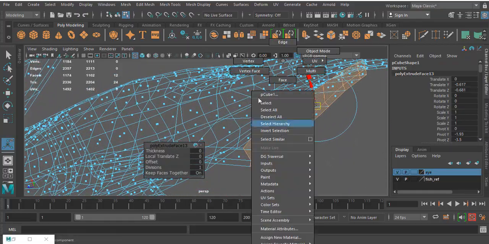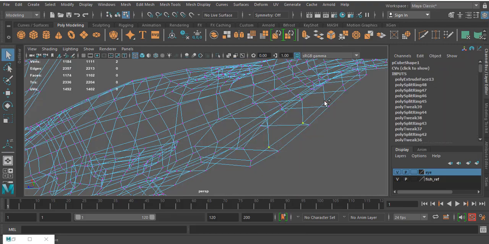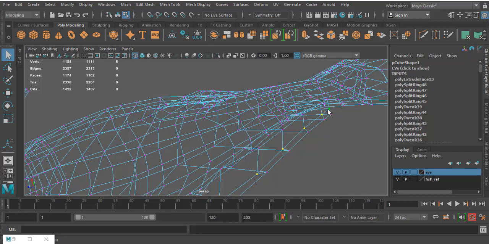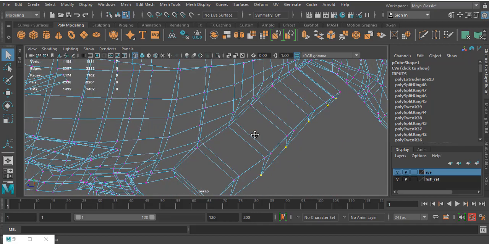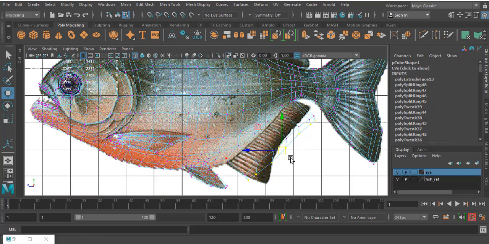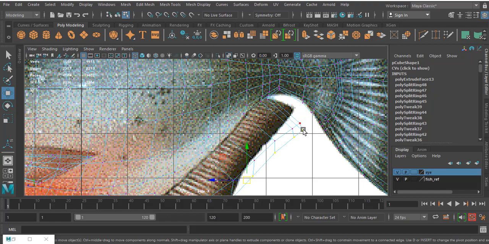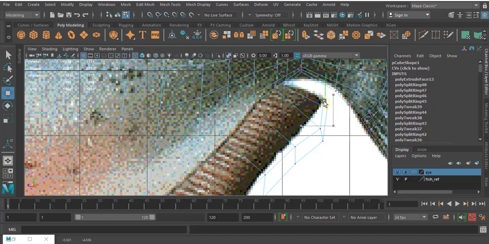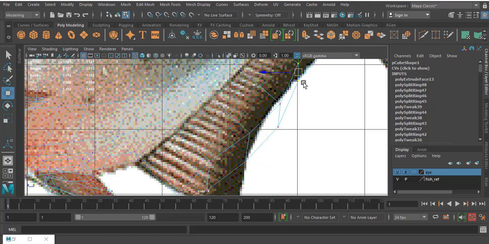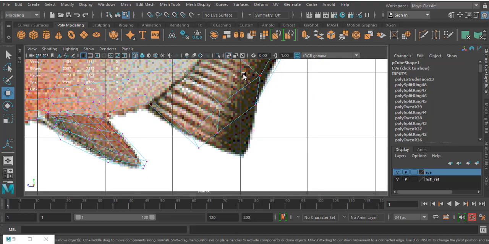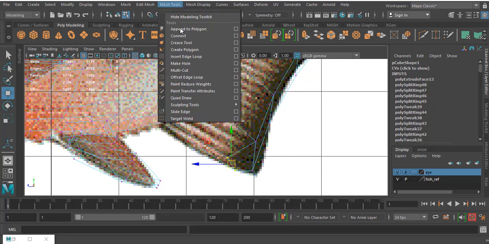Now what you have to do is select all the center point vertices. Now it will be very easy for you. Okay, go to insert edge loop.